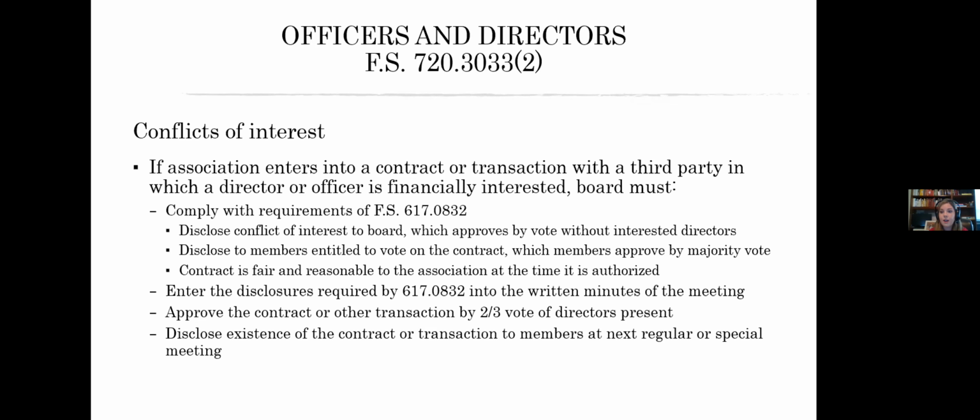It's also not a conflict of interest to do something where it benefits a board member along with other neighbors. So I hear all the time in associations with some ponds, and they want a fountain. Well, of course you want a fountain. Your house would be near where the fountain is. It's a conflict of interest. That's not a conflict of interest. You know, we're looking for a financial benefit specific to that individual board member.